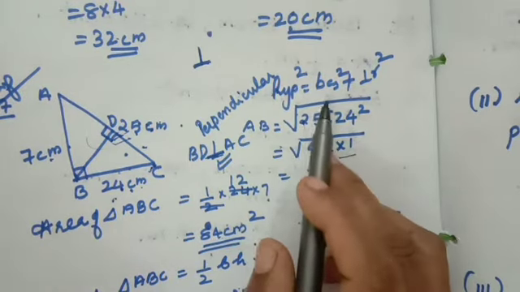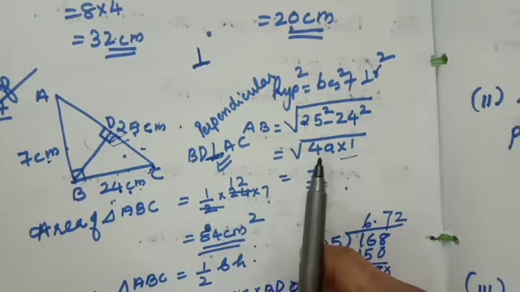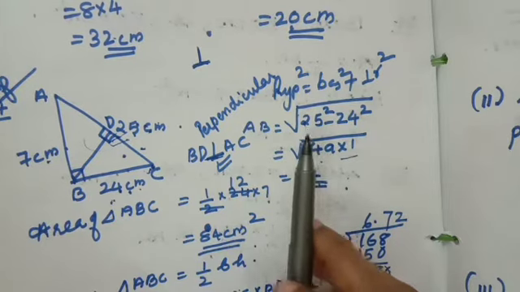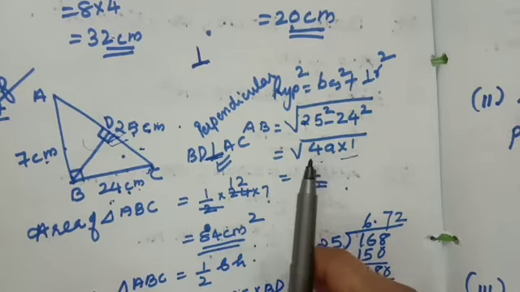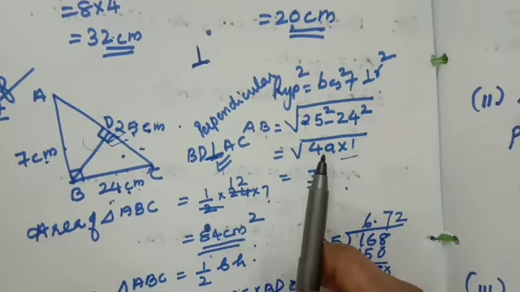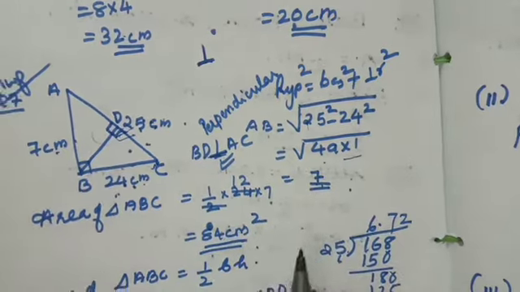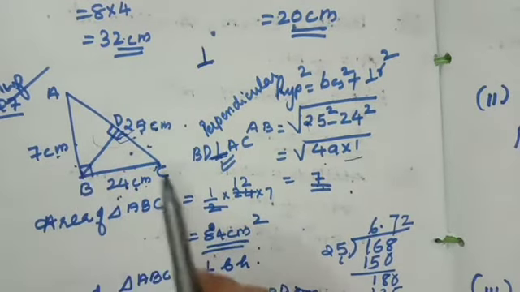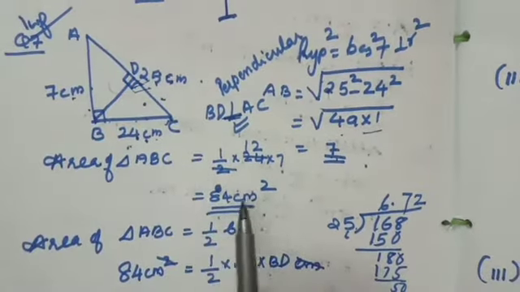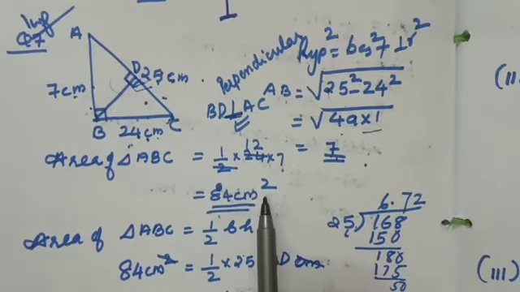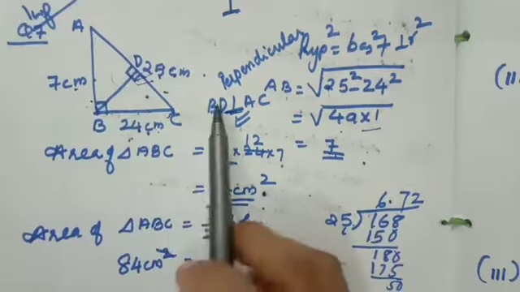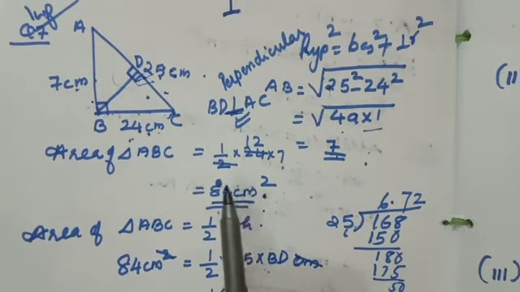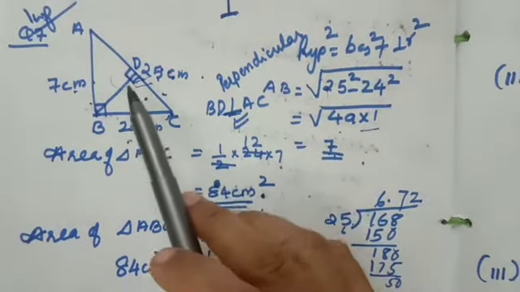Okay. Square root means the inside number is the one which, multiplied 2 times, gives that number. So for 49 we got 7, which number multiplied 2 times gives 49. Clear? You are getting the perpendicular as 7. Now half base into height gives 84 centimeter. Children, once you get the area of ABC as 84 centimeter square, you can find the area in any way.